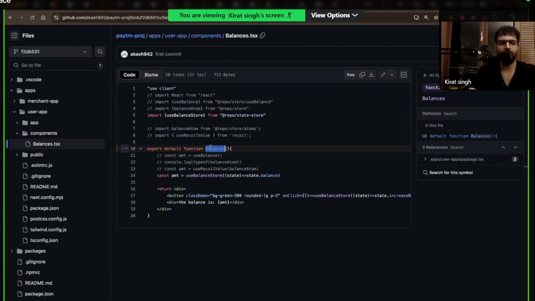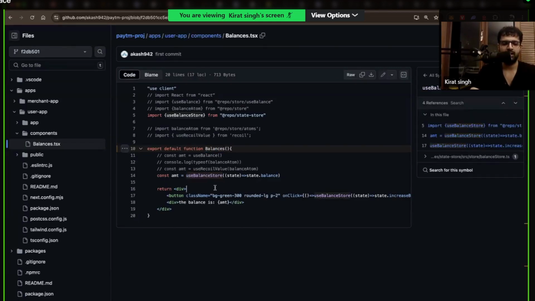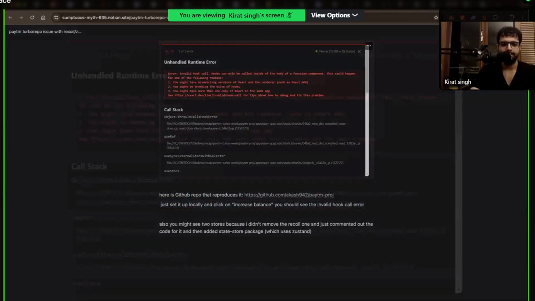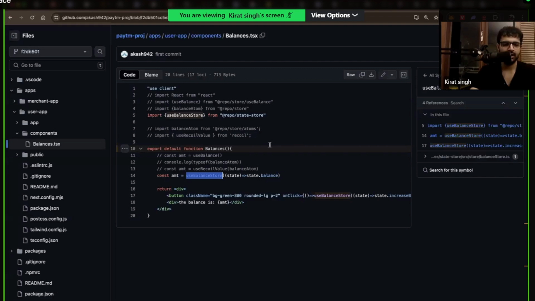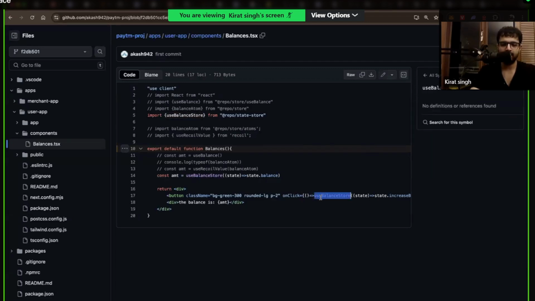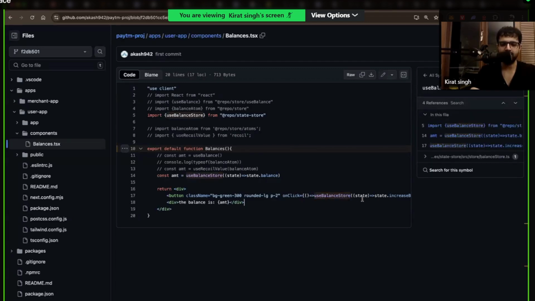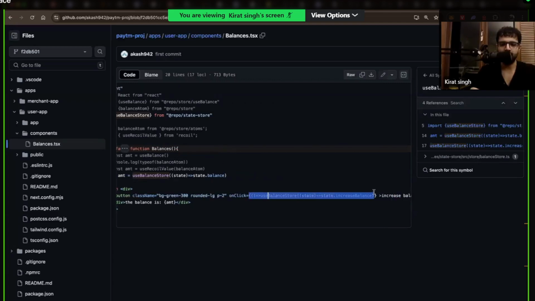So this looks like a component which is using a hook. Where was this thrown? Button? Oh, there you go. That's the problem right here, sir. What are you doing here? Can you tell me what the problem is here? What is the problem here?